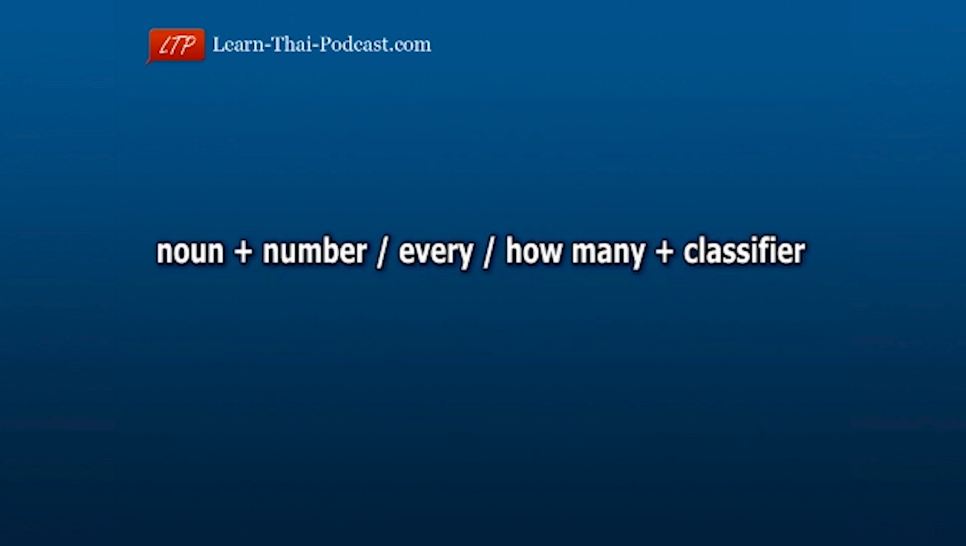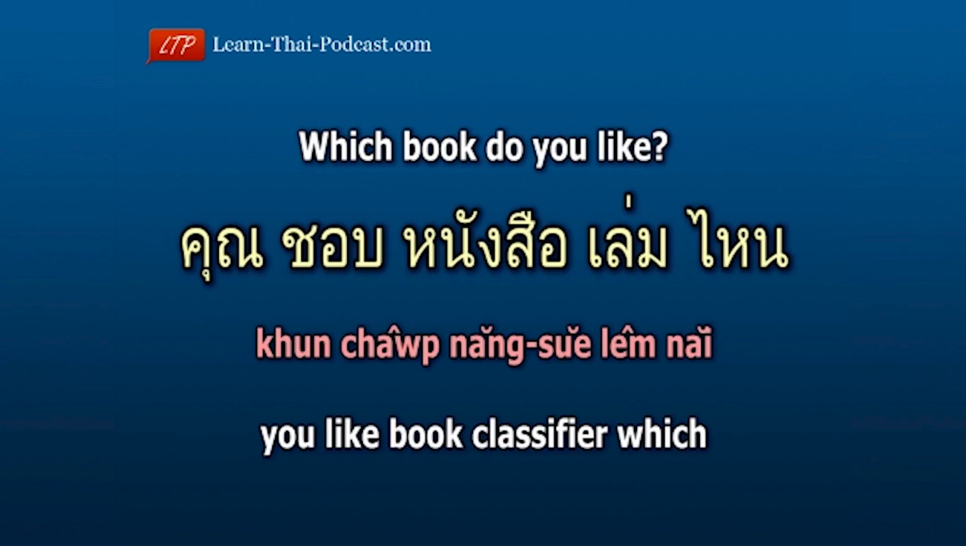So far, the construction of the sentence was always the same. First the noun, then either the number, every, or how many, and at the end of the sentence, the classifier. This switches to a different construct if you use the question word which. Here's an example. Which book do you like? คุณชอบหนังสือเล่มไหน